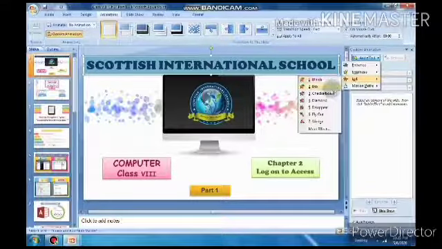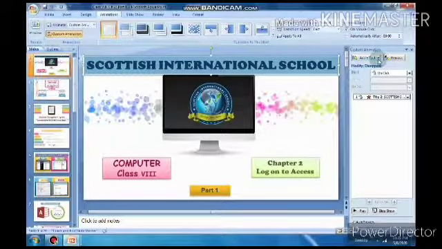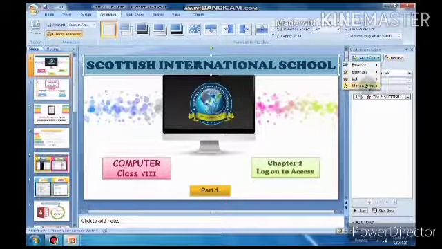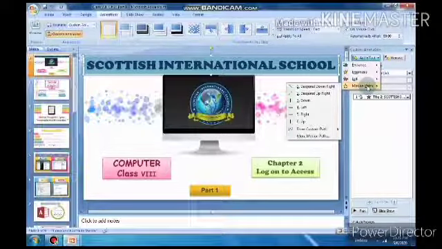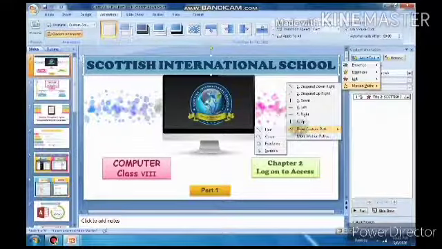Like I want to apply disappear. Select it. Like this you can apply effects. Next is motion path. Motion path is used to make an object move up, down, left, right, or you can draw your own custom path in the form of a line, curve, or scribble. You can draw your own path on which you want the object to move.